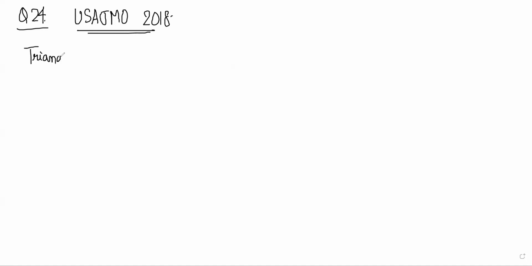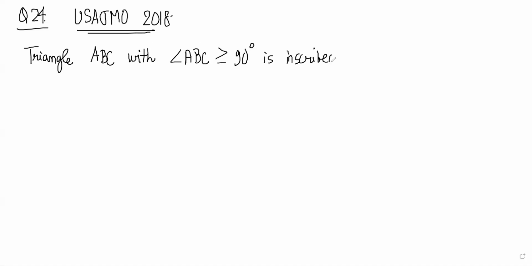Triangle ABC with angle ABC greater than or equal to 90 degrees is inscribed in a circle of radius 2,